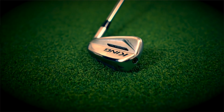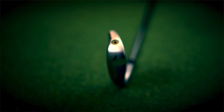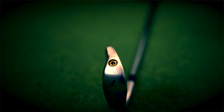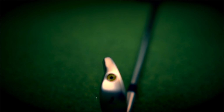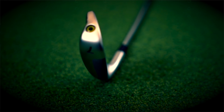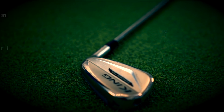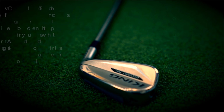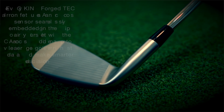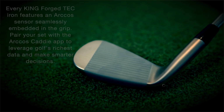King Forged Tec from Cobra. Tungsten toe weight centers the center of gravity behind the hitting zone, Cobra is saying, to maximize distance and precision, even on off-center hits. It's infused with foam microspheres that fine-tune acoustics and create a softer feel. Classic look, crazy distance. A forged PWR shell face expands the sweet zone for higher launch and faster ball speed,